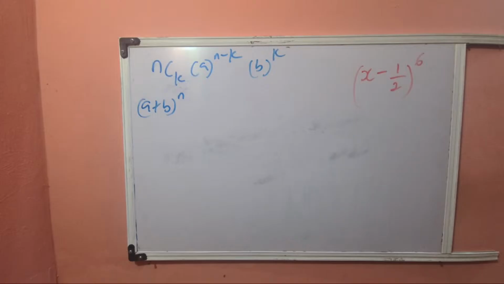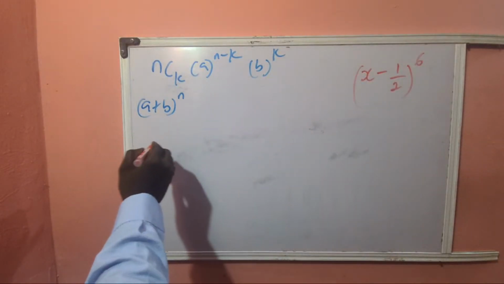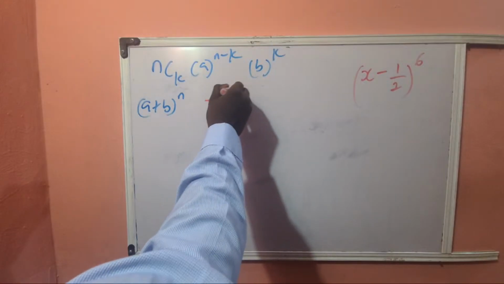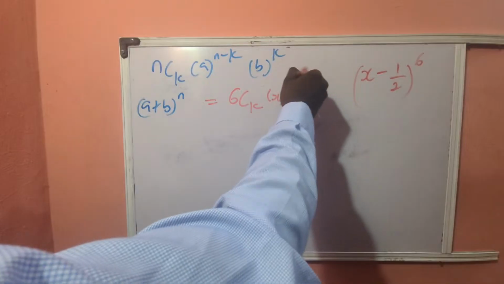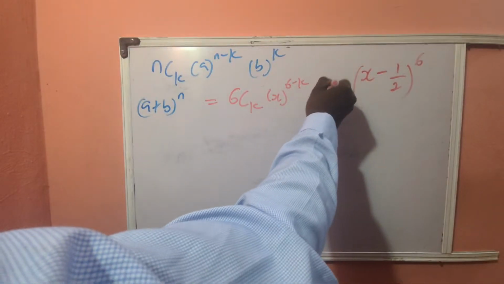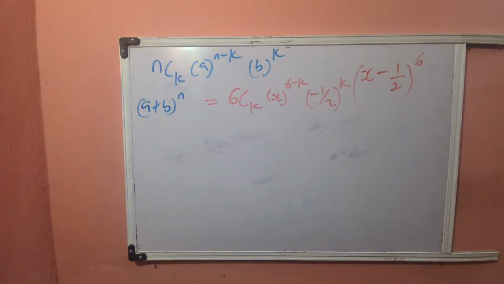So we have this expression. Of course, when we have x minus 1 over 2 raised to power 6, we'll be dealing with 6 combination k, and our x raised to the power of 6 minus k, and then minus 1 over 2, the second term, raised to the power of k. In this particular case, we will go on with increasing our k value from 0 up till n. So we have this as